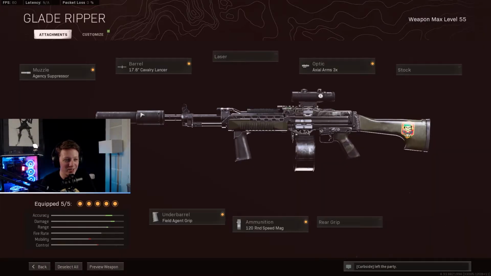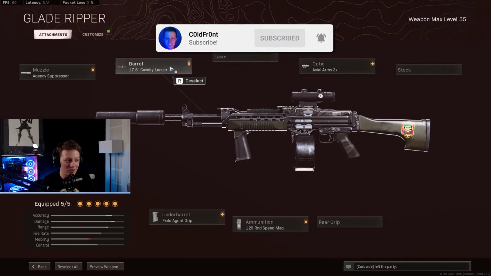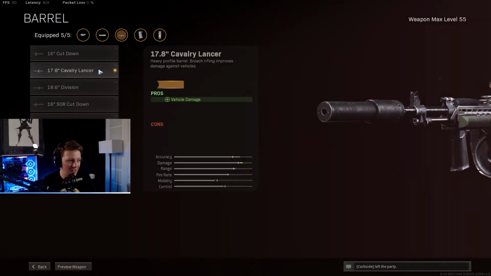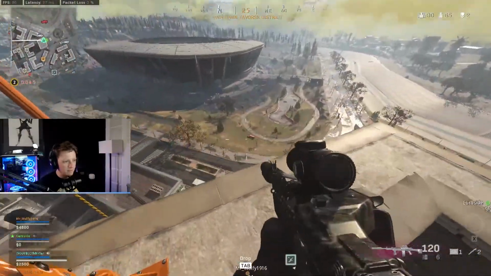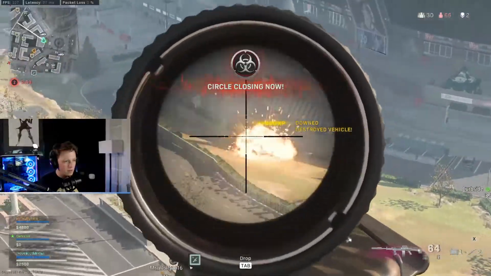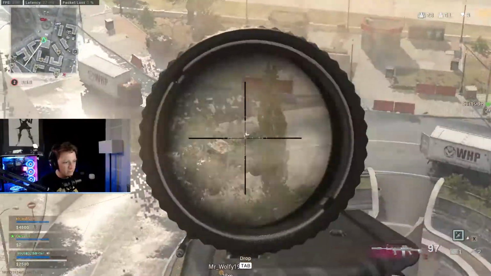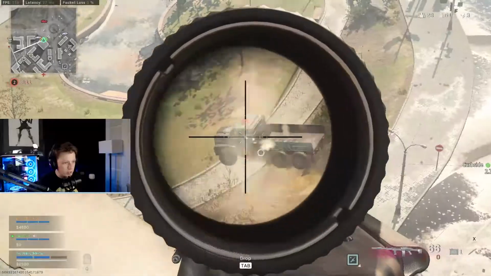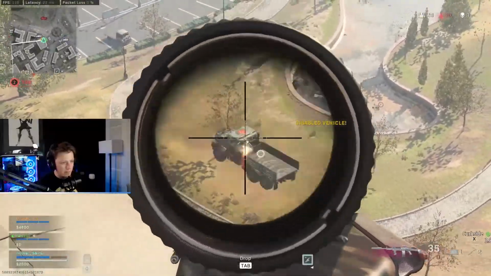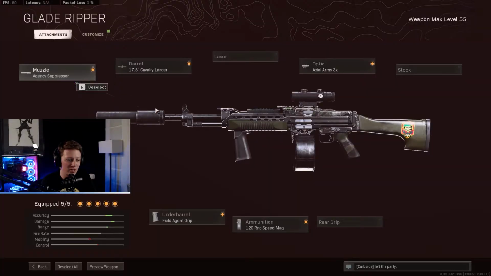Now, the funnest gun of the two is actually the Stoner 63, and this thing hits like a truck. So what you want to run, make sure that you have the Cavalry Lancer barrel on there because of the increased vehicle damage, just like this. Cavalry. There, Dunzo Calrissian. You heard it here. Broken. Watch. Boom. You also want to run the agency suppressor, the field agent grip, and 120 round speed mag on it,